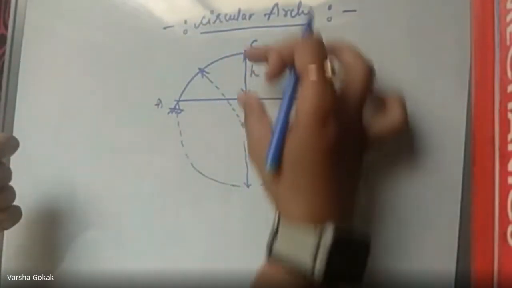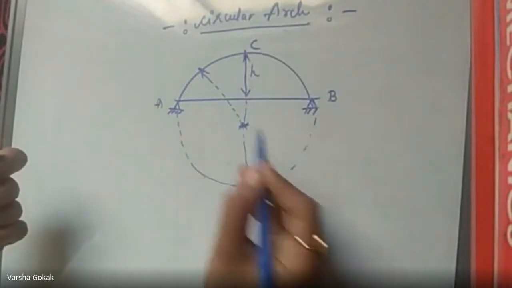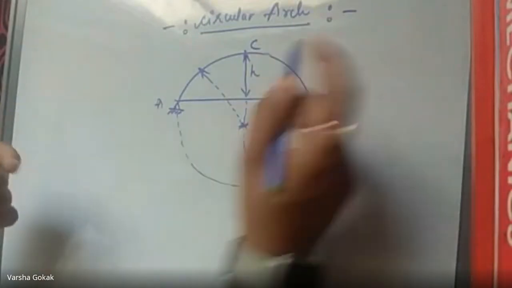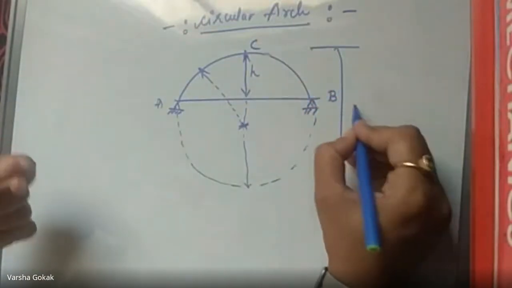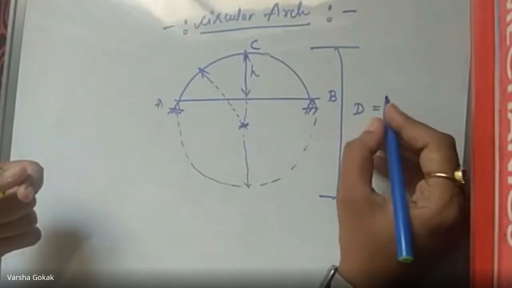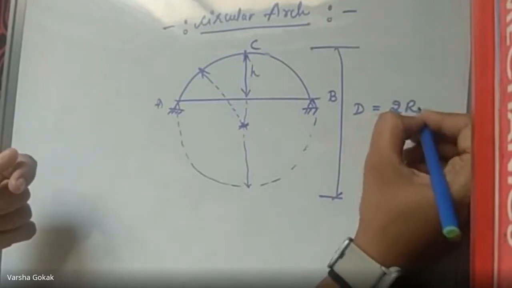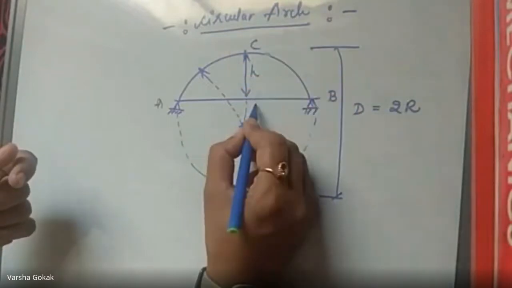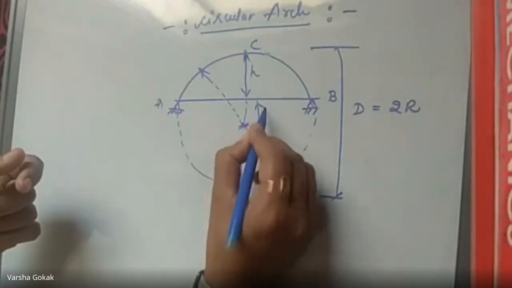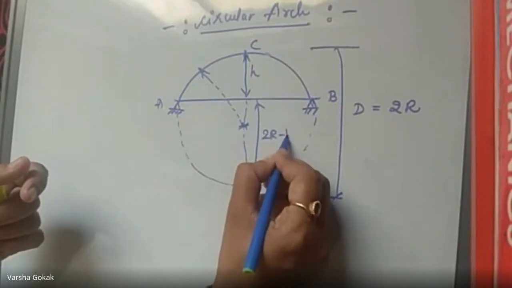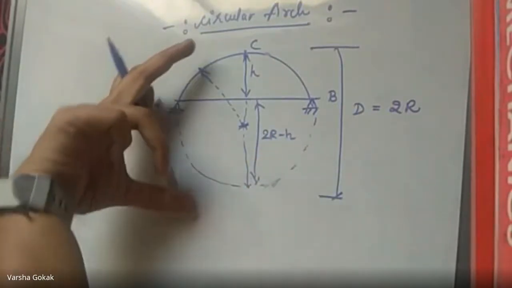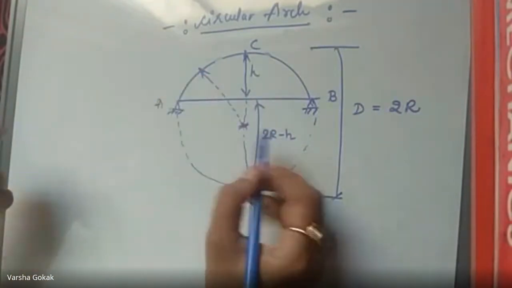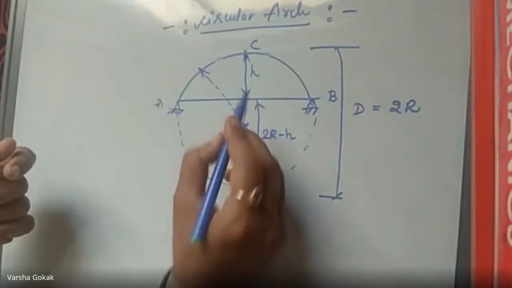this becomes your total diameter of the circle. Now, if this is h, and this is the center, so this is one radius, this is another radius, and total is the diameter. This total is nothing but the diameter. And if I want to write it in terms of radius, I will write it as 2 times r. Correct? So now, if this is h, what would be this remaining distance? It would be 2r minus h. Total is 2r, in that h goes. So 2r minus h is going to be your remaining distance.